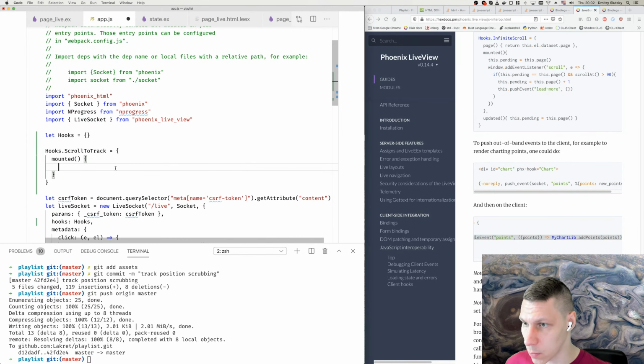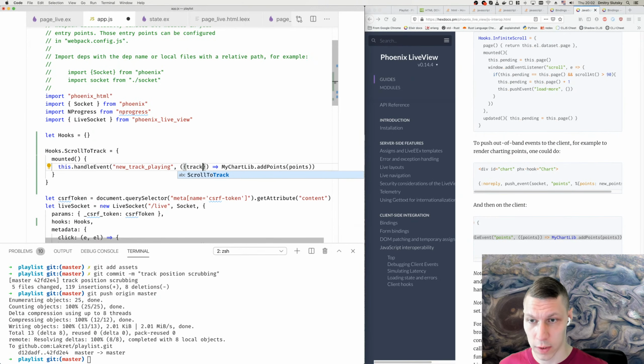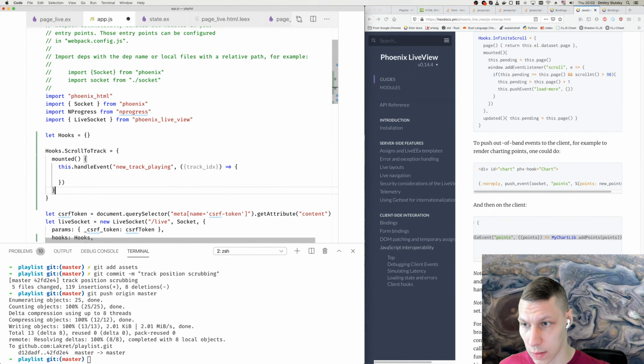So just copy some code here. So we'll call the event new track playing, and we will get the track index, right? So here we can do track index, and then we can